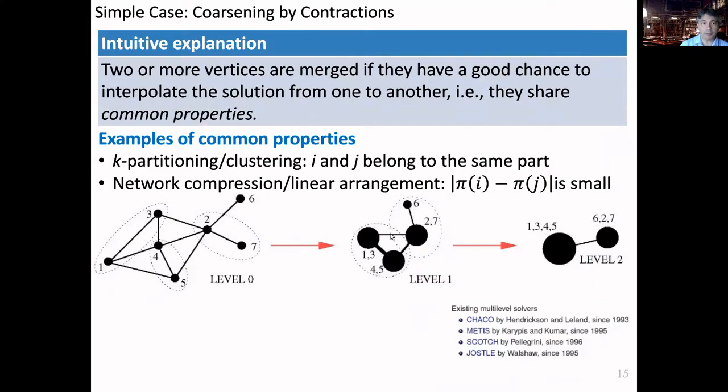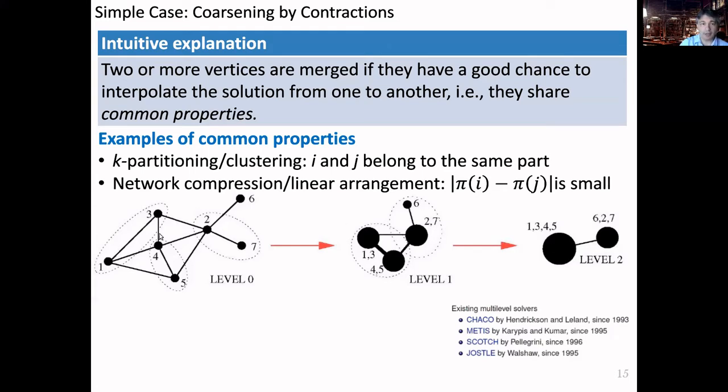So let's talk a little bit about the coarsening strategies, because this is the key question to design a good algorithm and multi-level scheme. A very simple coarsening strategy that you can find in a bunch of different multi-level solvers for graph partitioning and reordering would be just taking a couple of nodes, merging them, and continuing coarsening in this way, merging pairs of nodes, solving the problem at the coarsest level, right? And then returning the solution all the way back to the